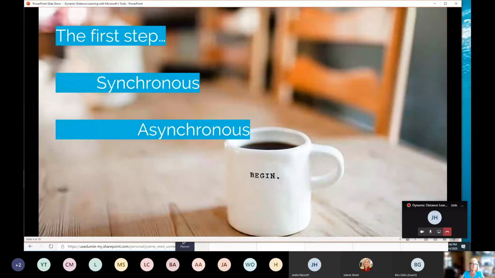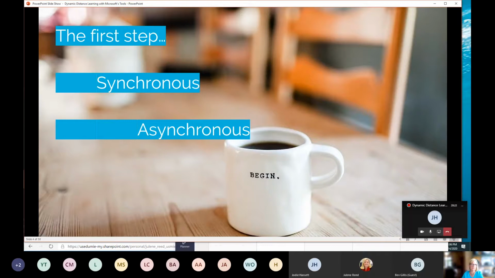And so when you're building your different sessions and you're thinking about tools, you have to think first, is this going to be synchronous or is it going to be asynchronous? And for most of these tools, they'll work both ways. It doesn't matter. But if you are going to be, and nobody knows yet, but if you are going to be,